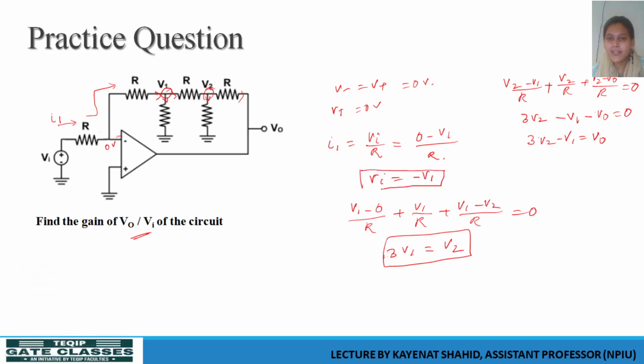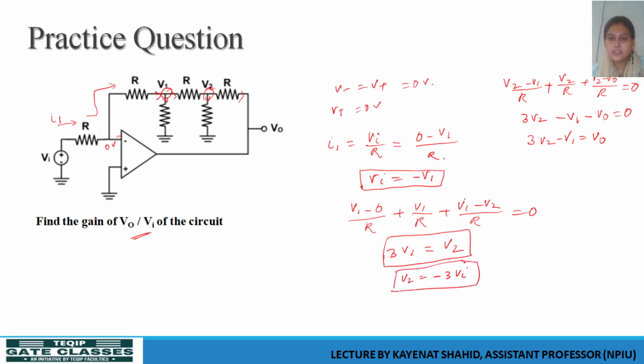So if we have this relation also, we can just put these values, right? What is V1 and what is V2? If we can just put this value in this equation, we will be able to find out. So what is V2? We can write V2 is nothing but minus 3 VI, right?